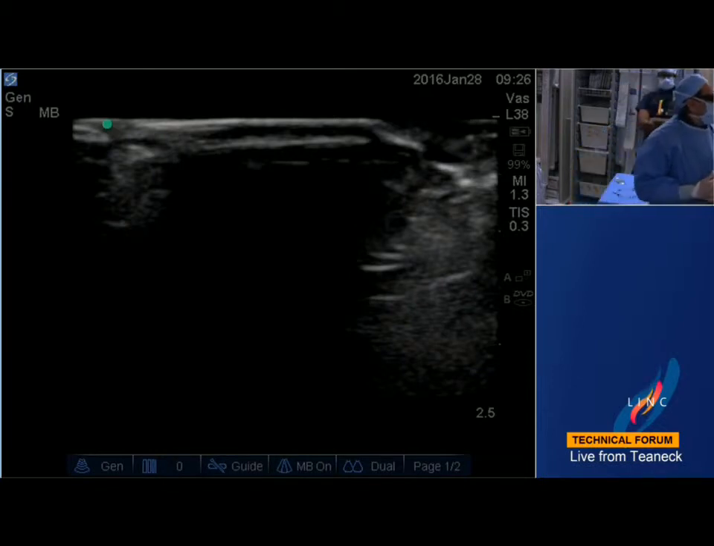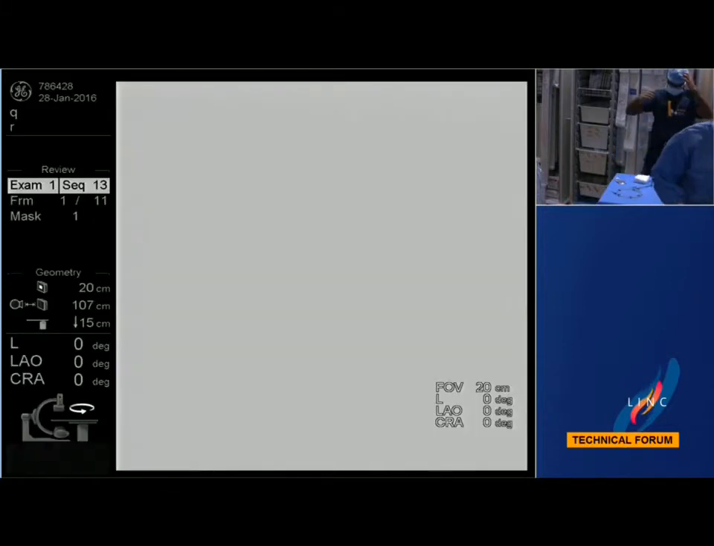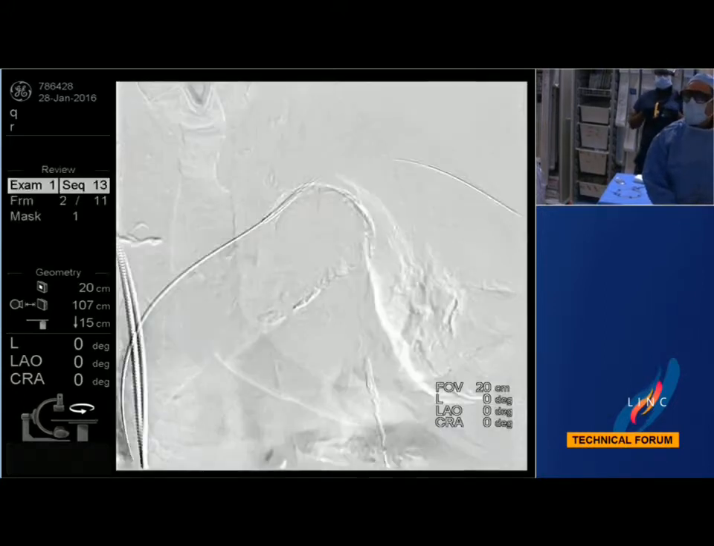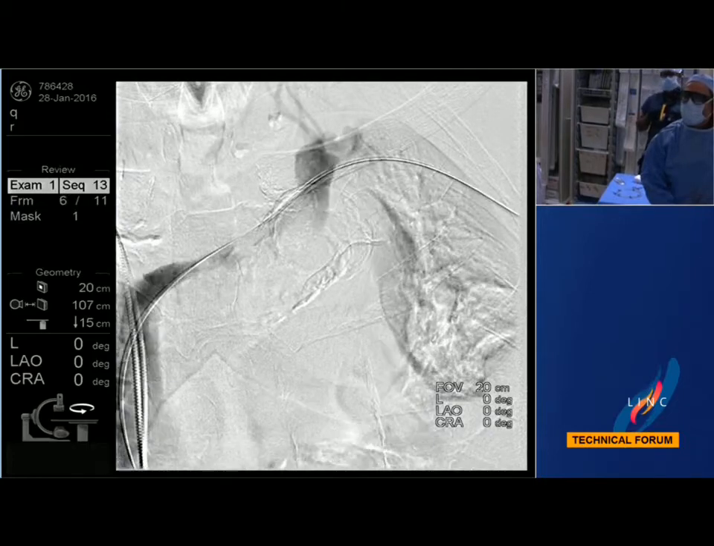So another question while we're waiting for them, on anticoagulation: will your anticoagulation regimen change when you insert the stent or not? In terms of